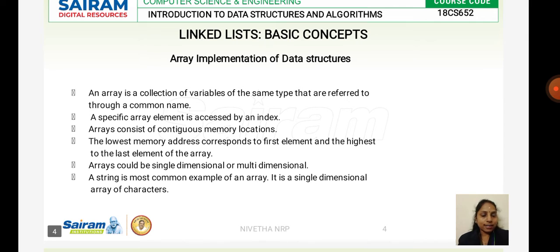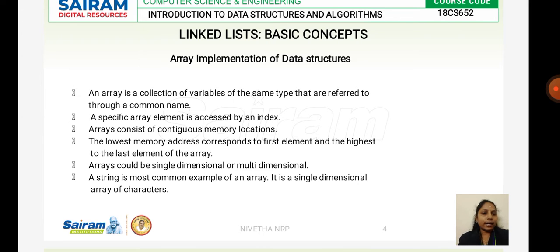We all know what an array is. It is nothing but a collection of similar data items. When I want to use more data items, I will prefer an array, since I can use more data under the same array name.